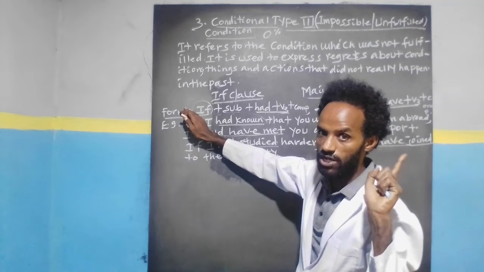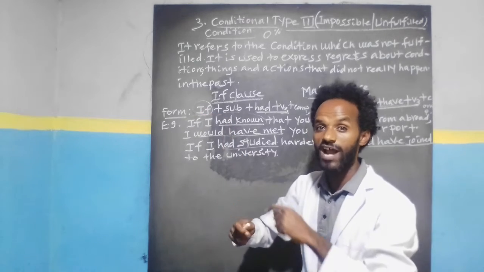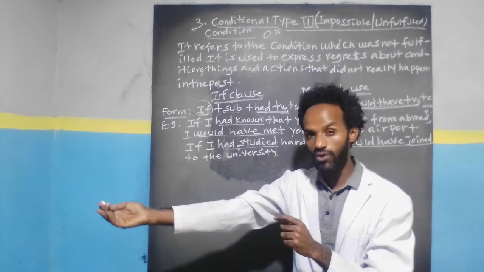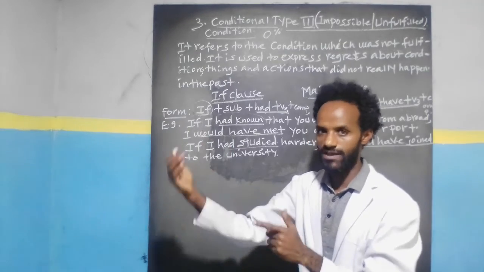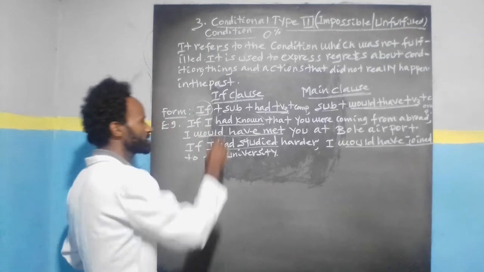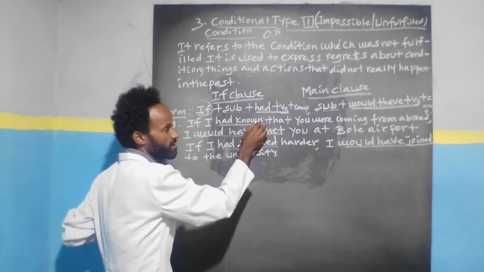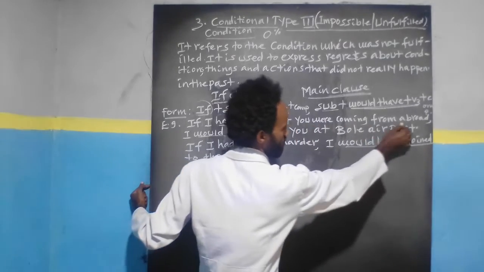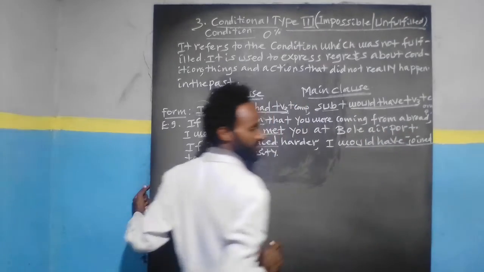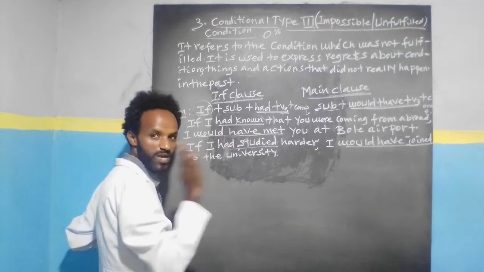ምንም ሰቦርዲኔቲንግ ኮንጃክሽን የለውም። ስለዚህ ኢፍ ወይም when ወይም while እዚህ ጋር ብትጨምሩ ግን ምን ይሆናል? ኢንዲፔንደንትነቱ ይጠፋና ወደ ዲፔንደንት ወይም ኢፍ ክሎዙ ይቀየራል። ስለዚህ ኢፍን ካስገባን በኋላ ኮንጃክሽን ናት፣ ሲደመር ሳብጀክታችን I ነች፣ ፓስት ፐርፌክታችን had known ነች። ቀጥሎ that you were coming from abroad የምትለው ኮምፕሊሜንት ነች። ይሄኛው ከዚህ ጀምሮ እስከዚህ ድረስ ኢፍ ክሎዝ ፓርት ይባላል።